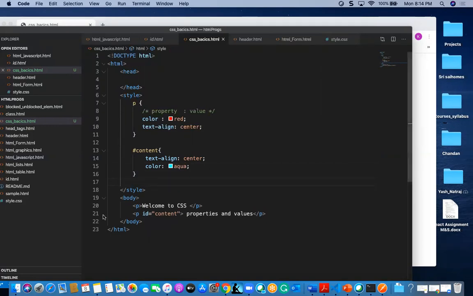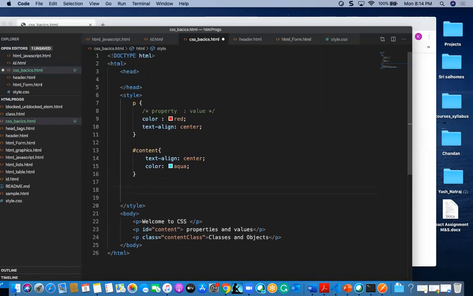And also we are having one more selector, that is a class parameter. So if we take a class, it is a content class. I am going to create a property here, with classes and some objects I gave. For this class, we have to denote the classes with the dot parameter, like .content class.